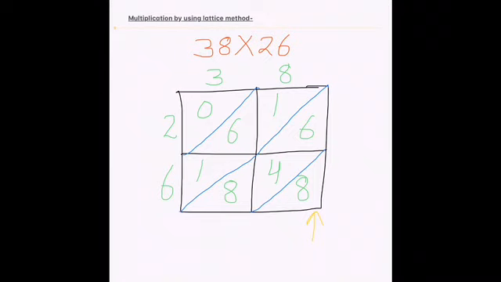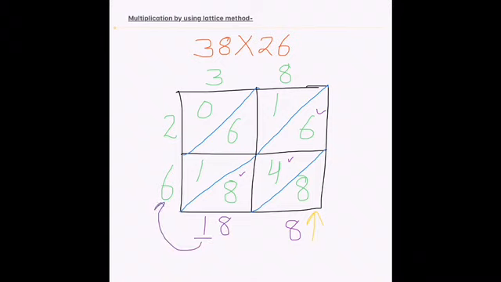So 8. Now we will add the numbers in between 2 diagonals, 8, 4 and 6. This is 18. Fine. So 8 will remain here and 1 will be taken up to the next diagonal. So now 1 plus 6 plus 1, that is 8, and 1 more plus 1, 9, which was taken from the earlier step. And here only 0 is there.